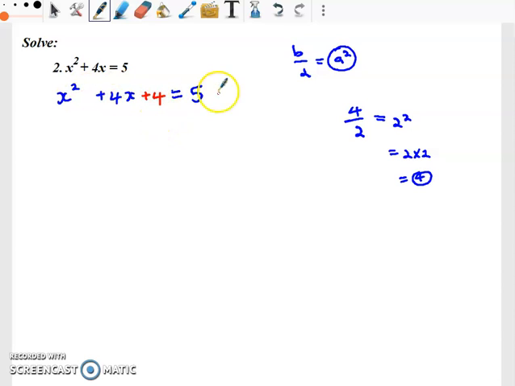And whatever you do to one side, you carry out on the other side as well. You add a 4 right here. So let's rewrite this now in one color: x squared plus 4x plus 4 equal 9. And if you focus on this side, based on the fact that you divided the b term by 2 and squared it, and I got 4,